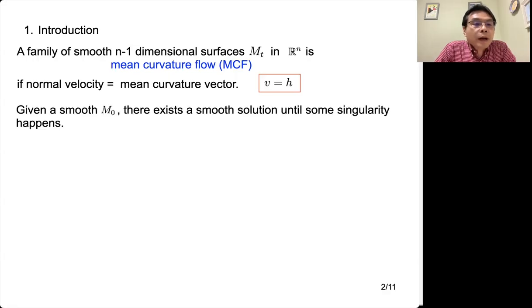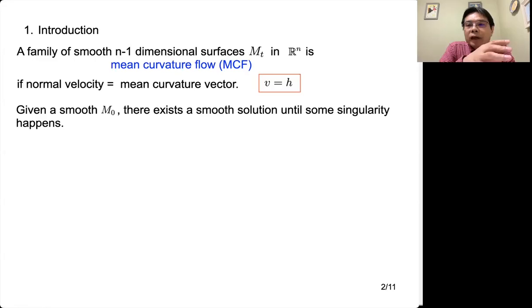Given a smooth compact surface M_0 with no boundary, there exists a smooth solution until some singularity happens. So if you are given some nice surface, then according to this motion law, it evolves in time,